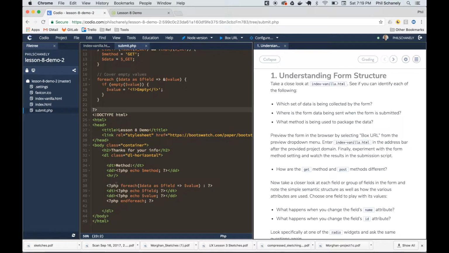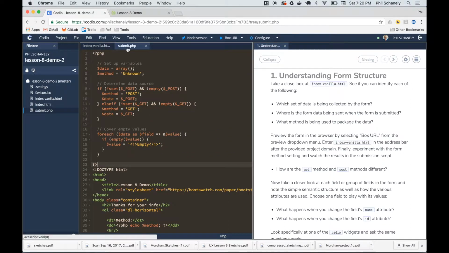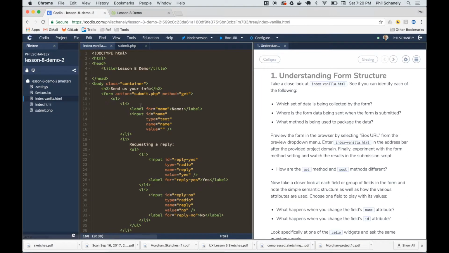This is a very simple PHP script. I'm not going to take the time to explain what's going on here. Feel free to poke around at it as you see fit. But this is the file, the server-side script that we talked about we might be using. That's what this action is pointing the data to be submitted to. And we have this set to the get method so that we can make a point of showing you what